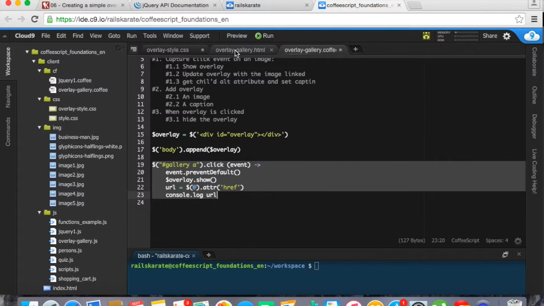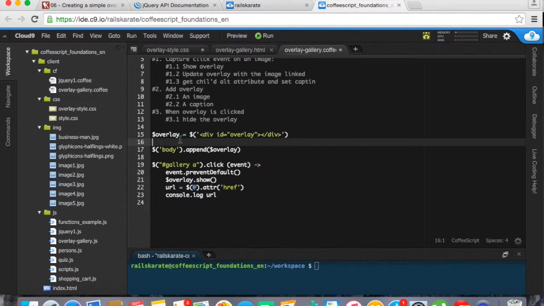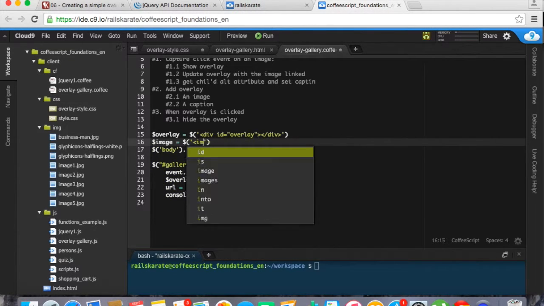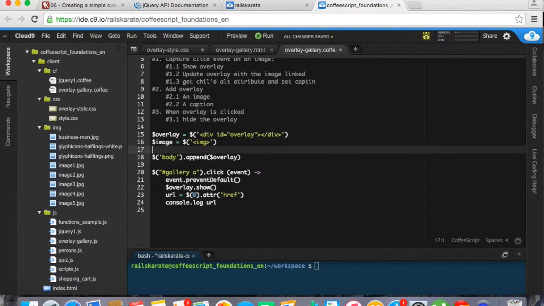So first of all, the first thing I want to do is create a new jQuery object for the image. This jQuery object is going to have the HTML of the image. It's going to be img. This is the default tag for images in HTML. So I will give it the image tag. After I have this jQuery object, the next thing I want to do is append the image to the overlay. So I'm going to say overlay.append, and then we're going to append the image. Okay,